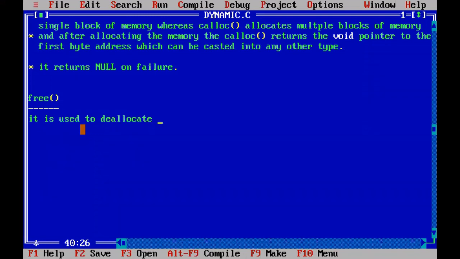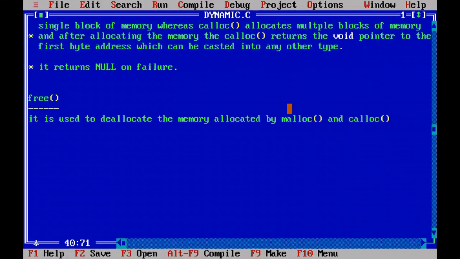Allocate means allocating memory; deallocating means removing the memory which is already allocated. So it is used to deallocate the memory allocated by the malloc function and calloc function. By using malloc and calloc functions, we can allocate the memory dynamically.